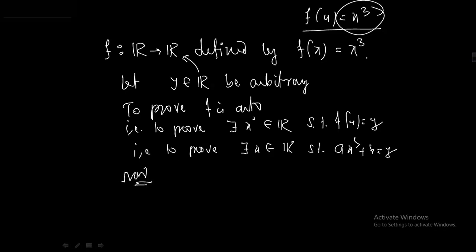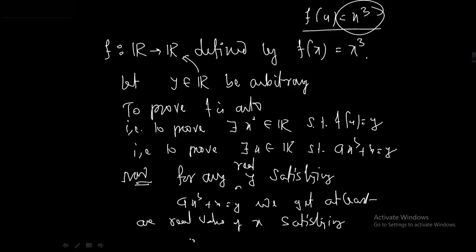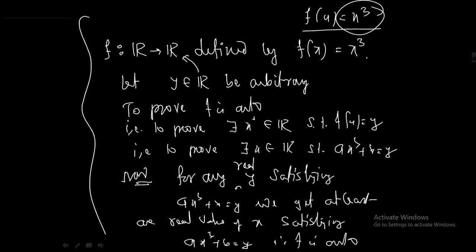Now for any y satisfying ax³ + b = y, for any real y we get at least one real value of x satisfying ax³ + b = y, therefore f is onto। এটা লিখবো, এই রিজনটাই বোঝালাম কেন পাবো, at least one real root পাবোই কেন, তার রিজনটা একটু আগে ডিসকাস করেছি।